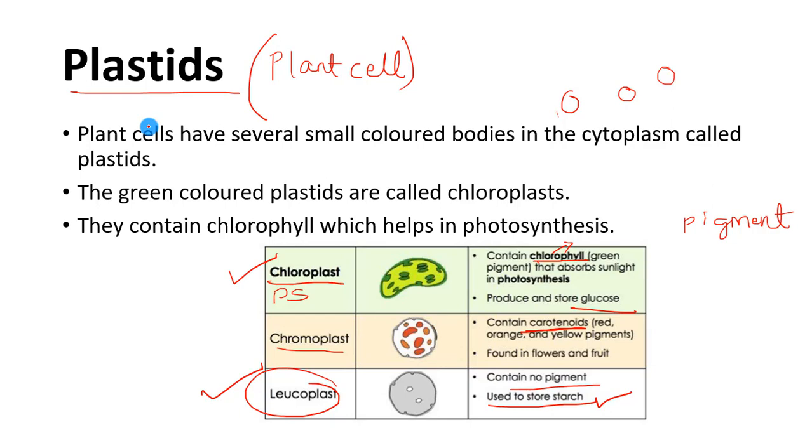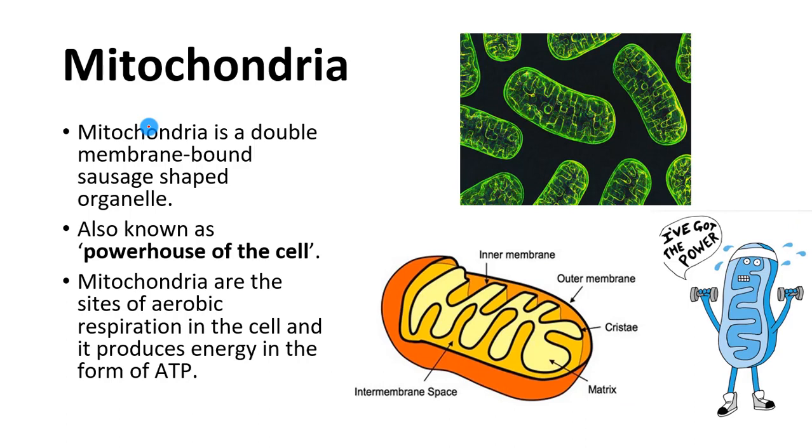So plastids basically give color to the cell, and you have one plastid which is useful for storage of starch. Okay, moving to the next important organelle, mitochondria. It is said to be the powerhouse of the cell. See, for us, powerhouse is food. If we do not eat food for 1 day, 2 days, or even if we skip one meal, what will happen? We'll feel a little weak. We don't have energy in our body. In the same way, if the cell has to perform any activity, it needs some energy for it.